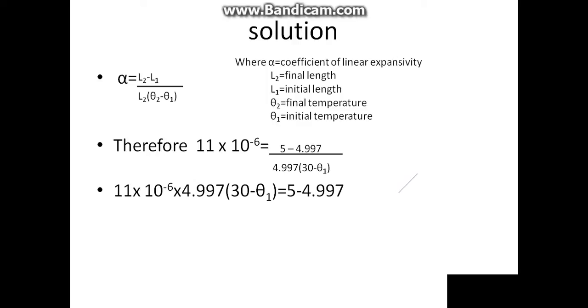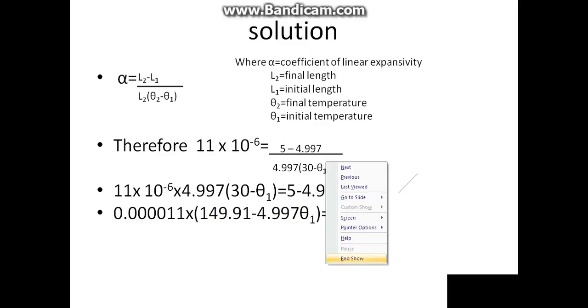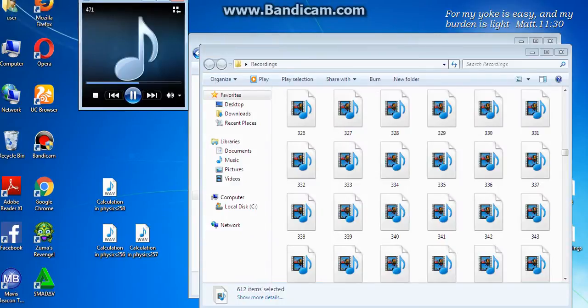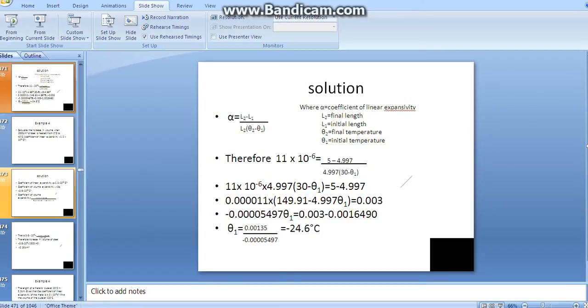5 minus 4.997, this is also equal to 0.000011 times in bracket 149.91 minus 4.997 theta 1 is equals to 0.003 minus